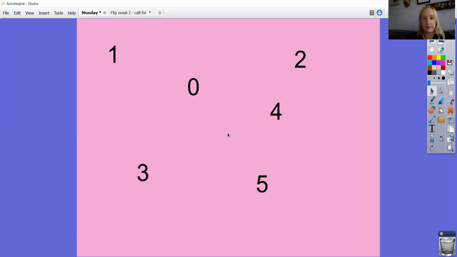Right, let's do another one. So now I've got some different numbers. I've jumbled them all up a little bit. So let's see if we can recognise them. So this is number 1. This is number 3. This one is 0, correct. This one, 5. This one, 4. And this one, 2. Superb. So I'm going to pop them together down here again